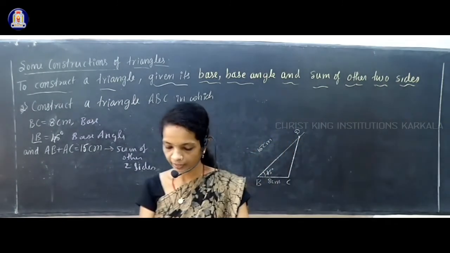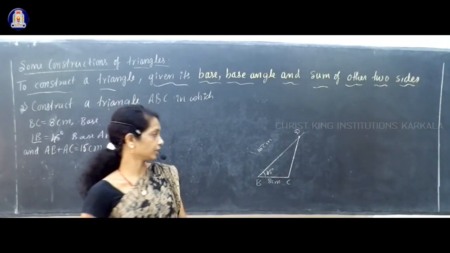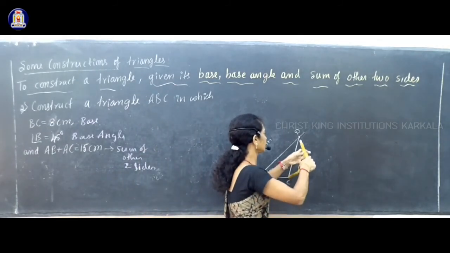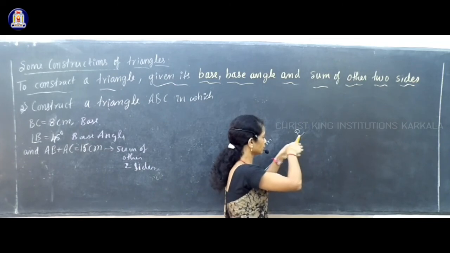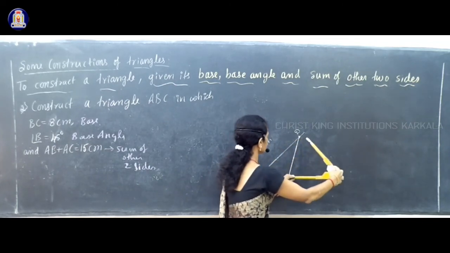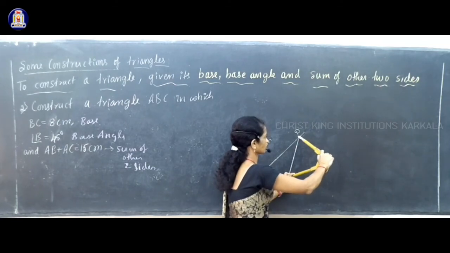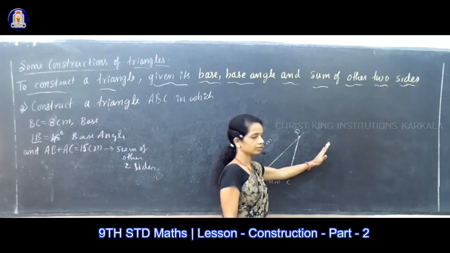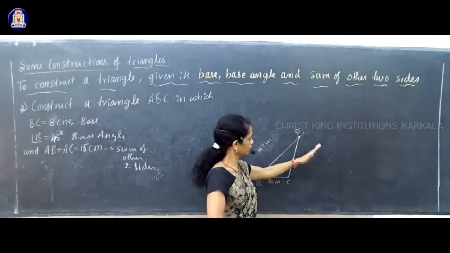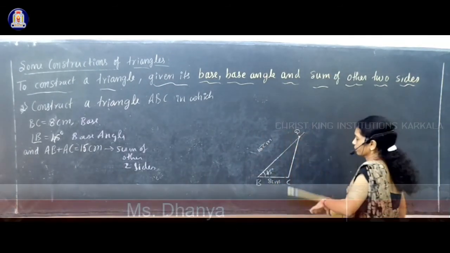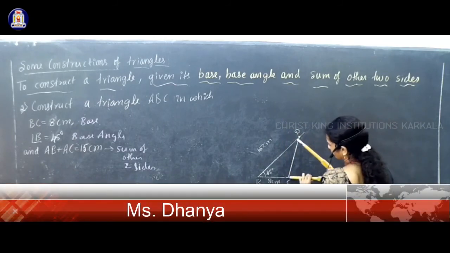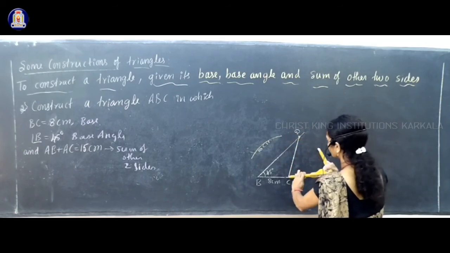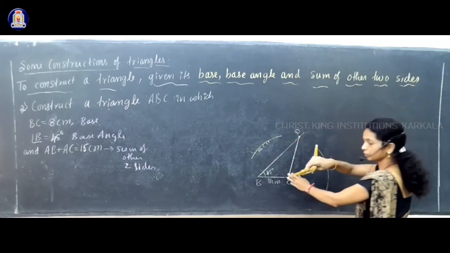Take your compass, and in the compass you have to take the CD length. One tip must be at C and the other tip must be at D, like this. So like this you have to take the CD length. Keep the compass tip at C, and draw one arc on one side of CD, and another arc on the other side of CD also, above and below CD.